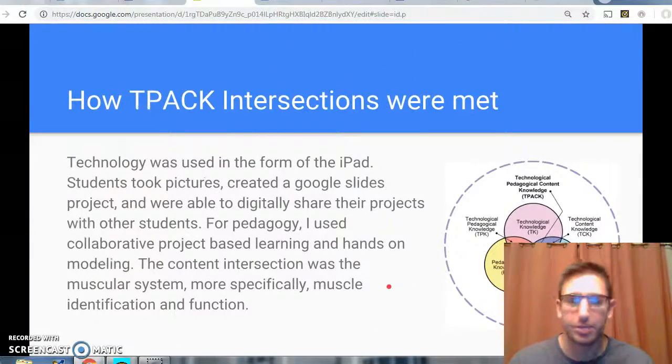TPACK models or TPACK intersections were met. Technology was used in the form of iPad, took pictures, created a Google Slides project, and able to digitally share their projects with other students. For pedagogy, I used collaborative project-based learning, hands-on modeling, which I thought was good. The content intersection was the muscular system for my class, which is body systems, and more specifically muscle identification and